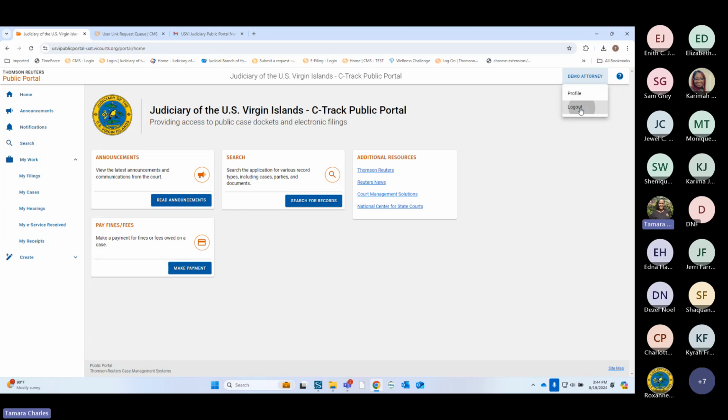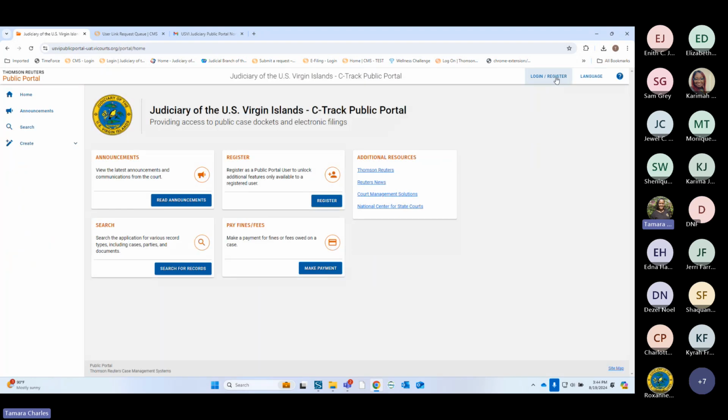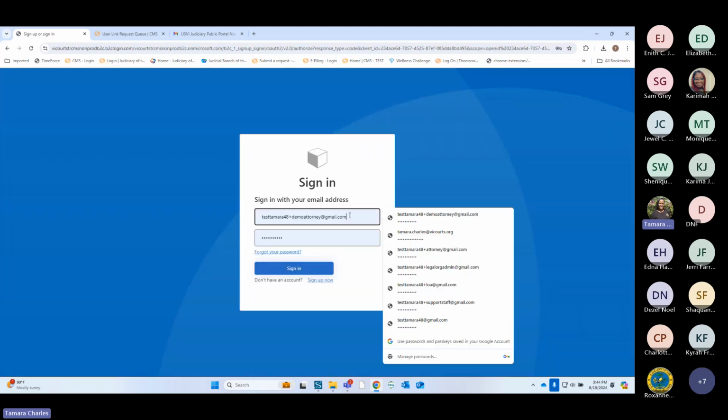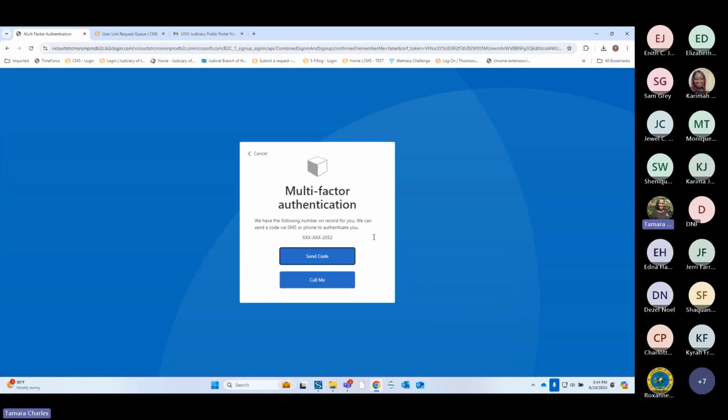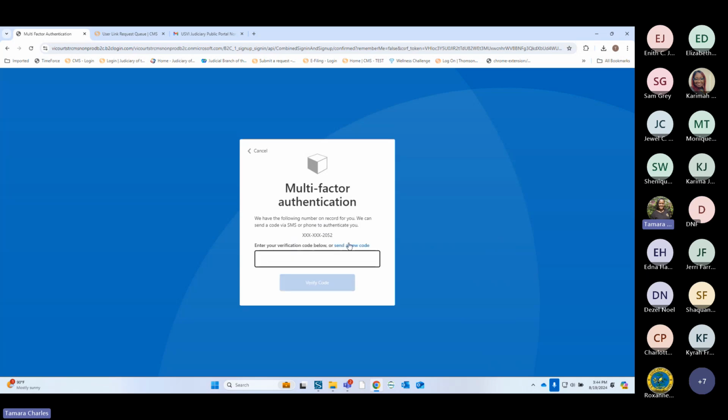But because it's crucial for us to get the legal org admin to bring all the users on board, I'm going to log in as the legal org admin again and then go from there. Actually, I'm going to go to the support staff one because that's the one that I made the admin, and I want to show you what we could do to make 2 admins or multiple admins in a firm, because I know most of you have multiple administrators in the firm.